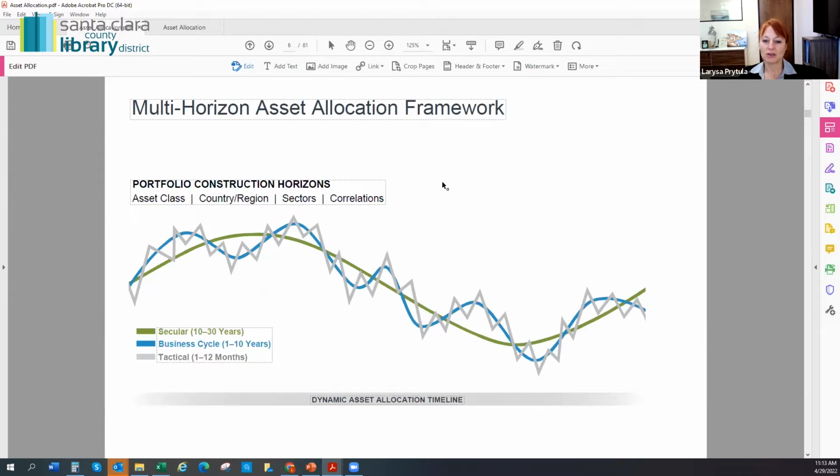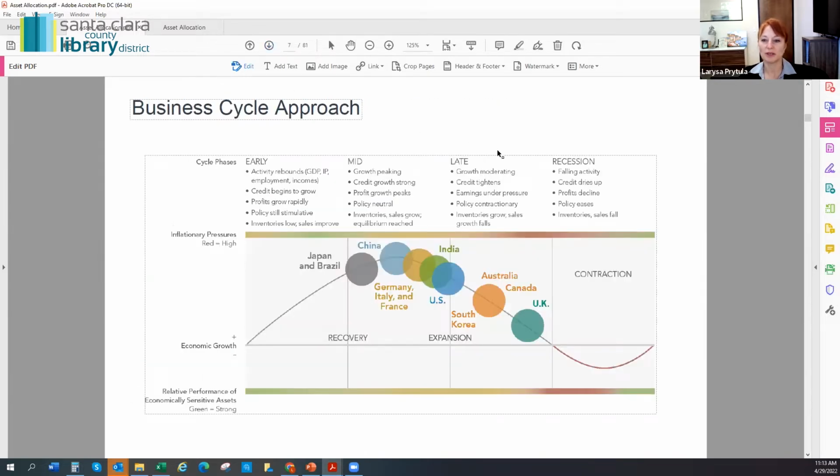Now, asset allocation. Depending on the business cycle, there is a different way to allocate your securities. So the blue line is showing your business cycle, and depending on where you are in the business cycle, there is a proposition of allocating your securities differently, going into different places. So let's just look at the big business cycle approach, what it means. For instance, if we are in economic growth, a lot of companies are developing in the US, Asia, India, they're all a place to go because everything is pushing higher. So you want to be in more risky investments.